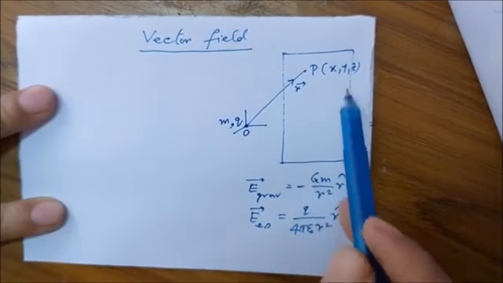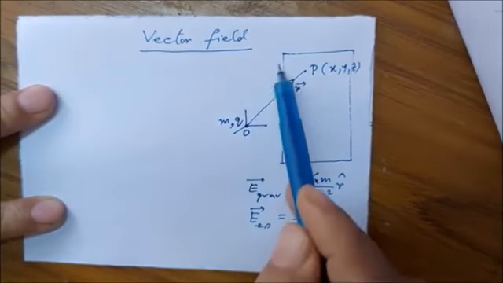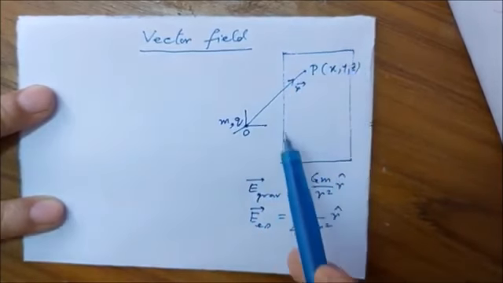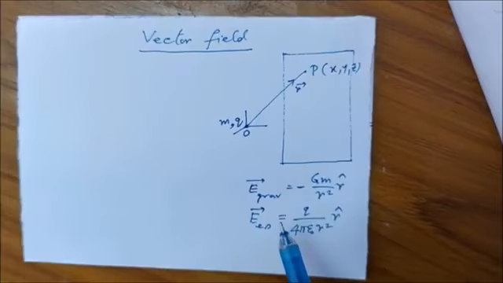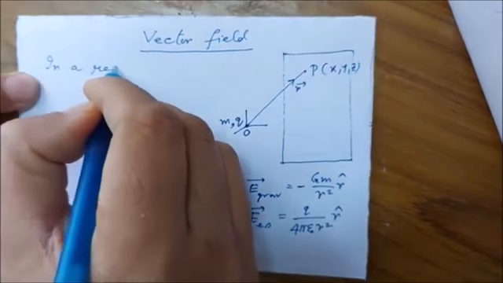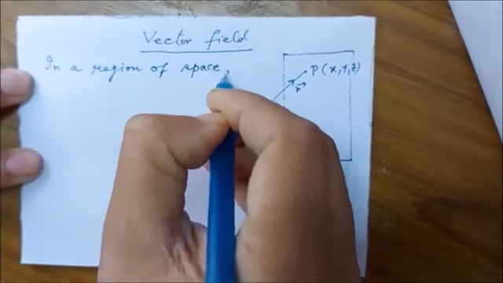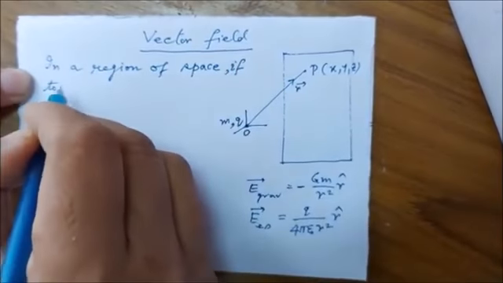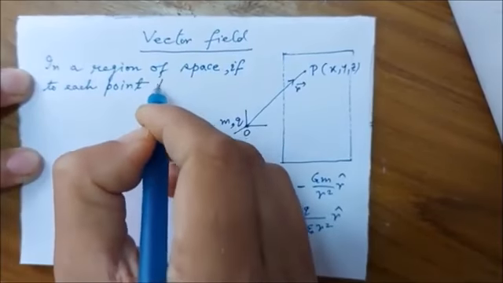At each and every point in this region, we have a value of gravitational field as well as electrostatic field due to this particle. Therefore, this is said to be a vector field. The vectors are the gravitational field and the electrostatic field. So let us write it down. The formal definition is: in a region of space, if to each point P